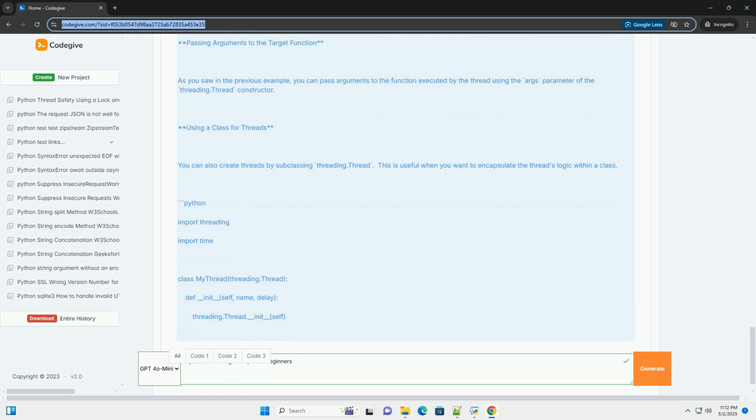A race condition occurs when the outcome of the program depends on the unpredictable order in which threads access shared resources. Using locks (mutexes): a lock, or mutex, is a synchronization primitive that allows only one thread to acquire access to a shared resource at a time. Explanation: